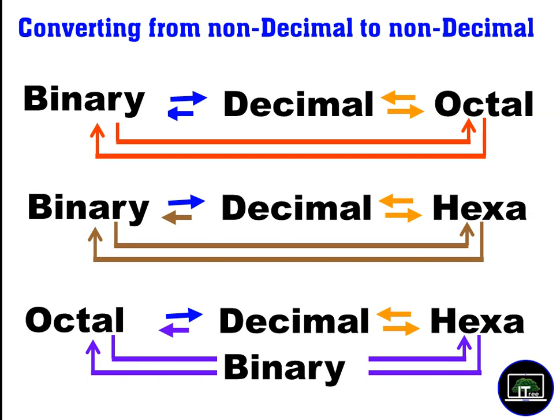If you want to convert from octal to hexadecimal directly, you can't do that, but you can do it through binary. You convert your octal number to binary, then you convert that binary number into hexadecimal. Similarly, a hexadecimal number can be converted into binary, then the binary number into octal. Okay, we'll do that one.